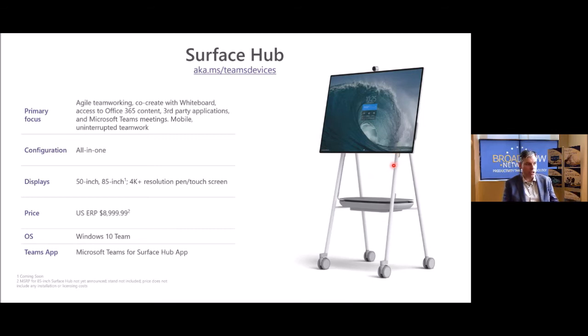It makes a wireless connection and it will run for about 3 hours off of this battery pack at the bottom of this easel. So now any room can be turned into an instant collaboration room with full Teams meeting capability